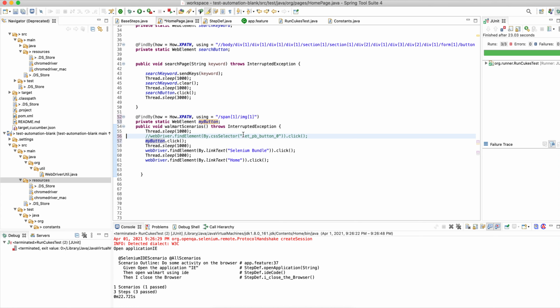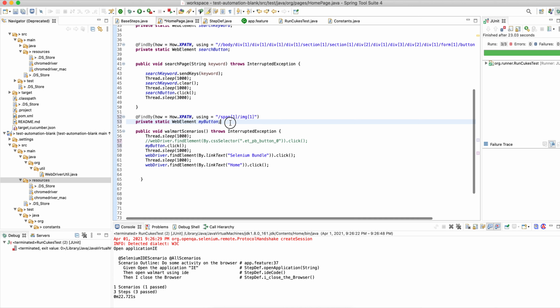For some reason if it is not identifying the path, then you do like this. Then create the manual XPath code, write your own code. 80% of the time you don't need to do anything. 20% of the time just fix it. So we have to do WebDriver dot find element by dot XPath, right? And then give the XPath.